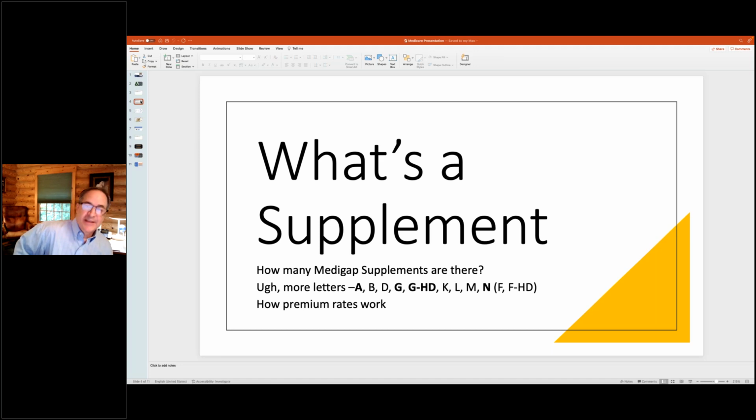Aunt Mabel says, get Cigna Plan G. Cigna's trying to sell it to a female 65 in the state of Maryland for $183.10. This is Aetna. They're trying to sell you the exact same thing for $144.94. Is there any difference other than 40 bucks? No. This is a company called Mutual of Omaha. They're selling that same plan for